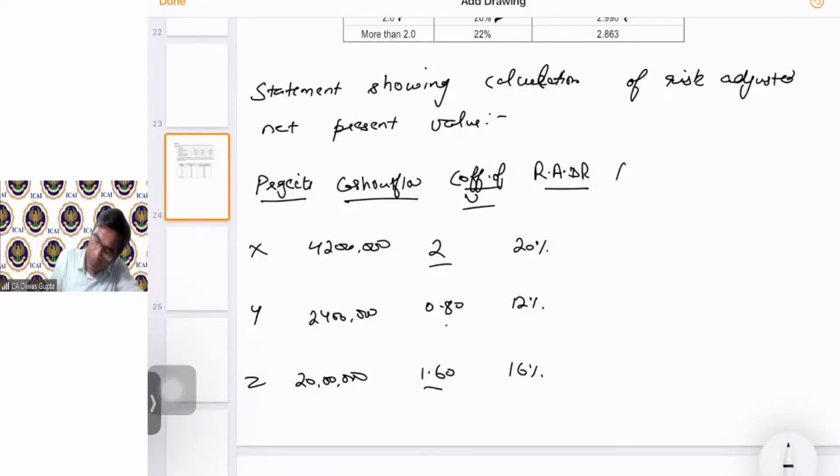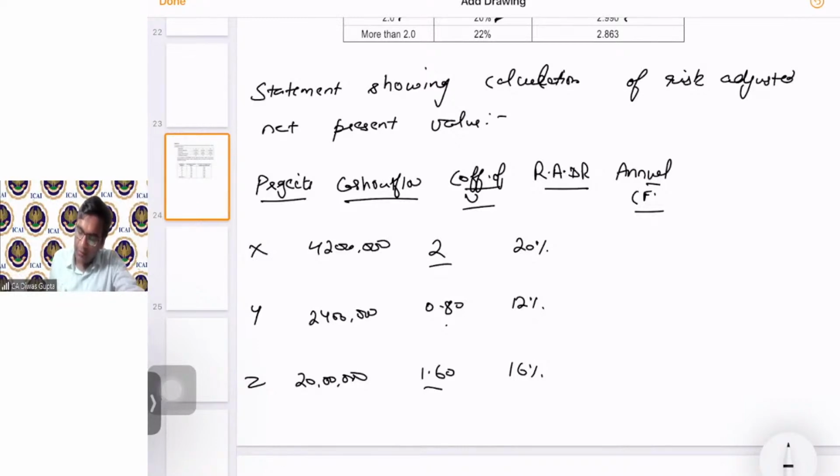Then annual cash flows. Because I have already done the calculations in the interest of time, as we have limited 2.5 hours to cover the entire topic, I've kept them ready so that we don't waste time. But if some of you are doing the calculations and are able to do them before me, please do send them, so that at least all of you are involved.